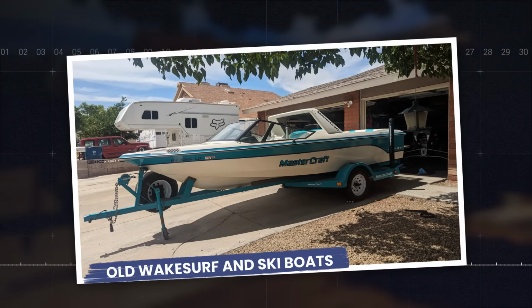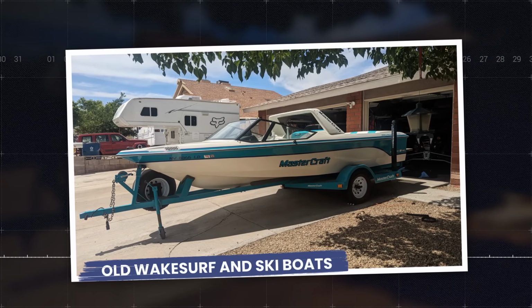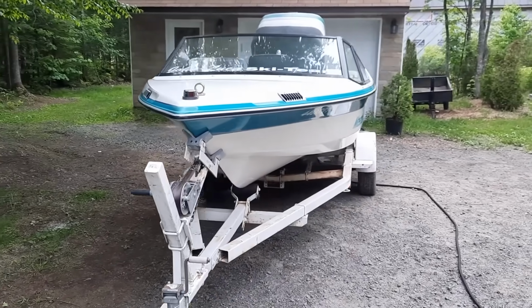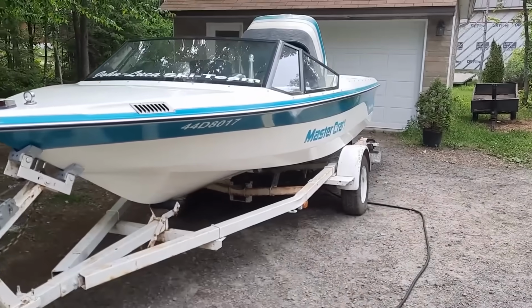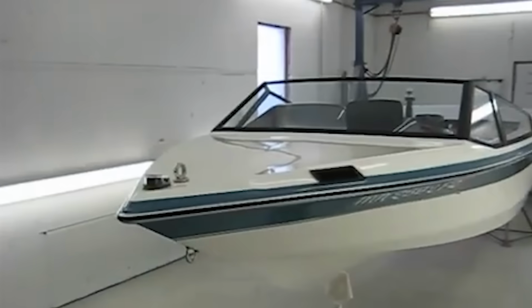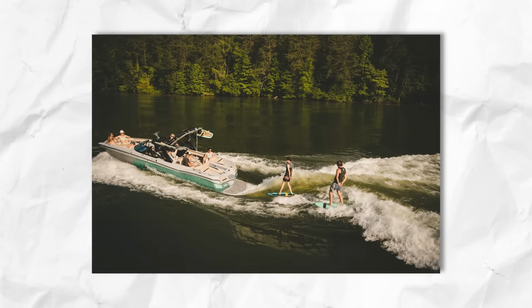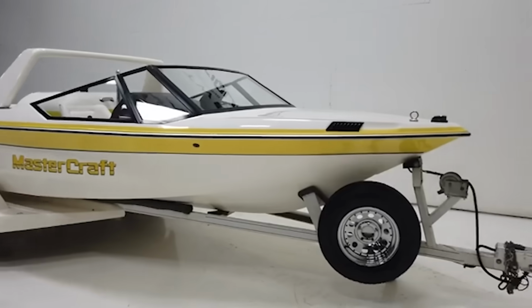Some of the most insidious dangers come from boats that seem perfectly safe on the surface. Pre-2000s wake surf and ski boats harbored a silent killer that claimed lives without warning: carbon monoxide poisoning. The 1990s Mastercraft and Malibu models were linked to CO-related incidents due to their stern-heavy designs and poorly ventilated exhaust systems. During teak surfing, a popular activity where riders held onto the swim platform, carbon monoxide would build up in